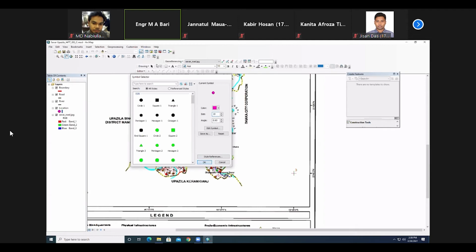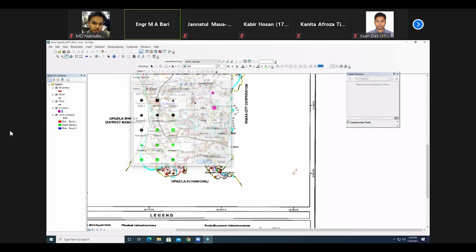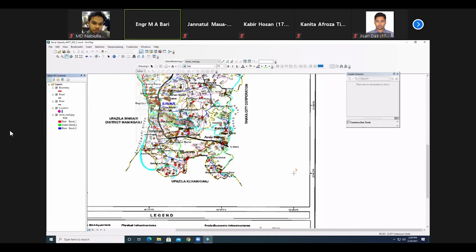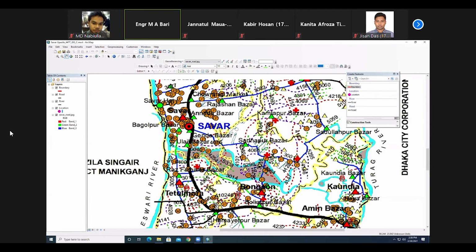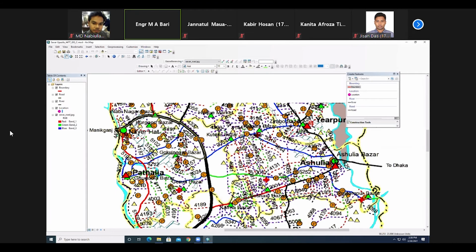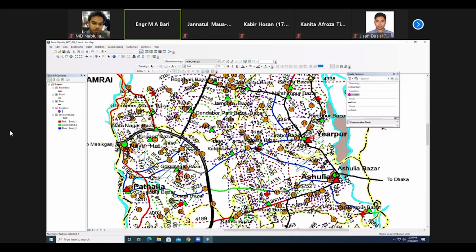So how to start it? Look, start it. Then zoom in more and you put the point. Only the point. For example, I just keep the location. Just put the point. Look, 1, 2, 3. If it is the primary school, you do not need to give any other primary point. The boundary is only 3 minimum, maximum whatever. If you give the bazar, okay. If the bazar is finished, 1, 2, 3, you do not need to put this type of thing again. But after that, you need to give every union.